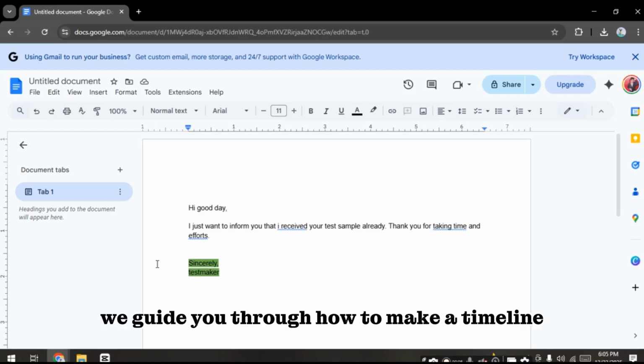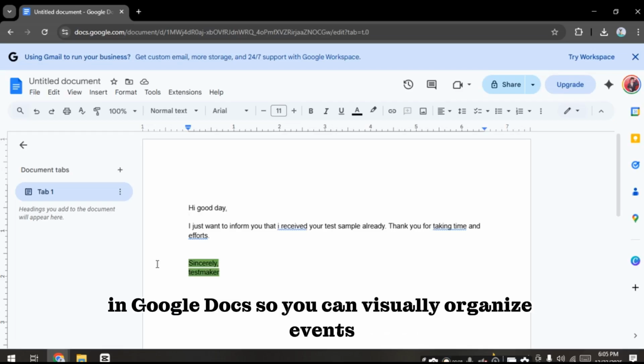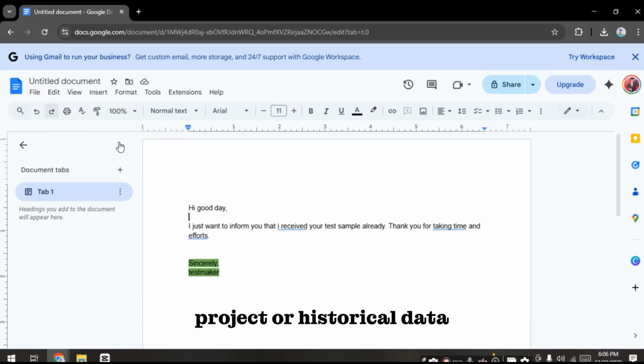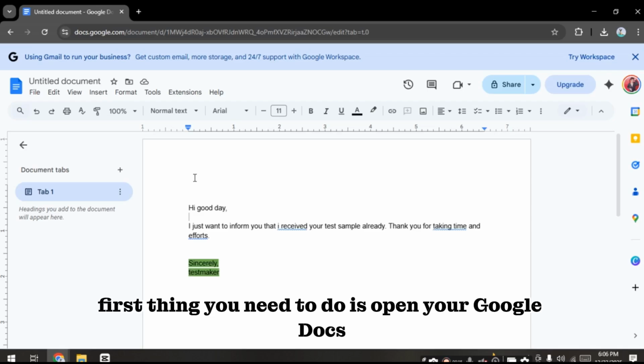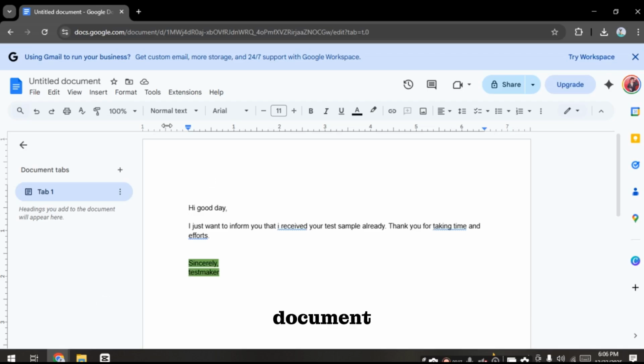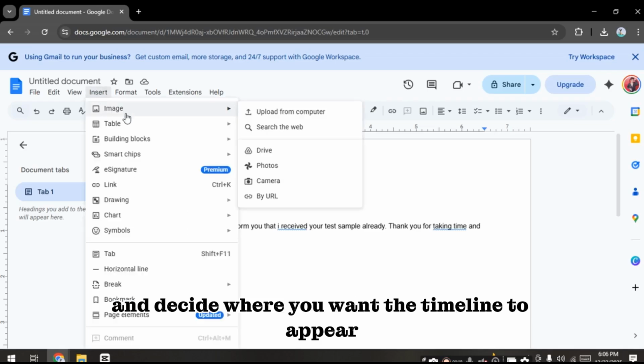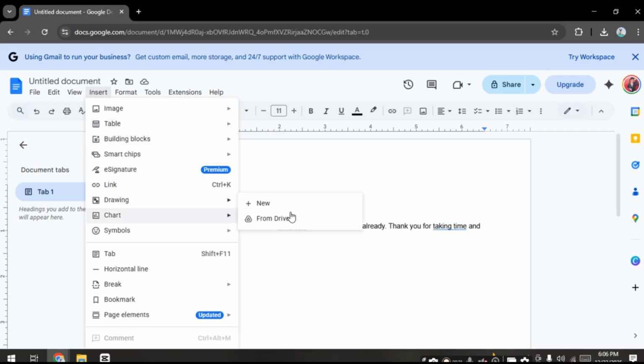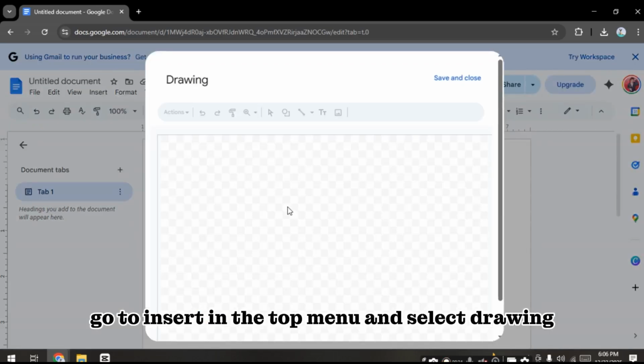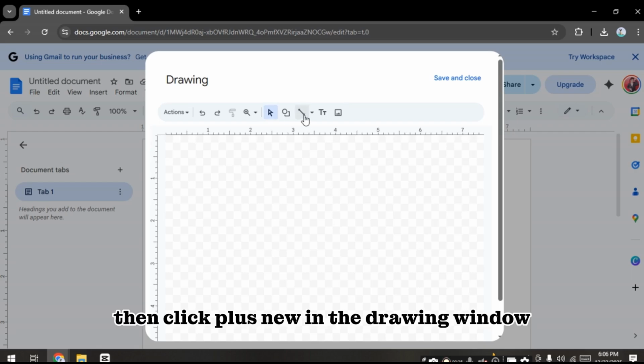We guide you through how to make a timeline in Google Docs so you can visually organize events, projects, or historical data. First thing you need to do is open your Google Docs document and decide where you want the timeline to appear. Go to Insert in the top menu and select Drawing, then click plus New in the drawing